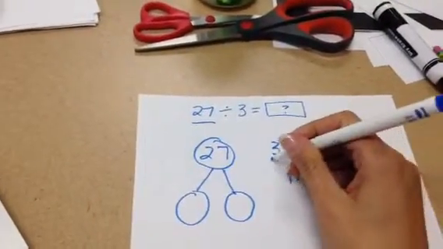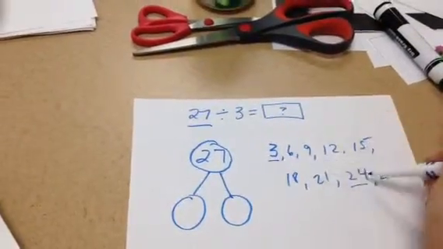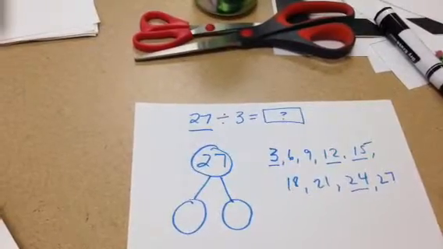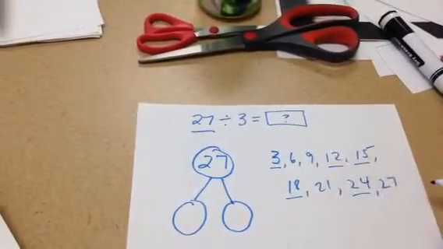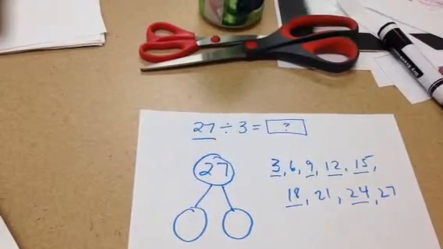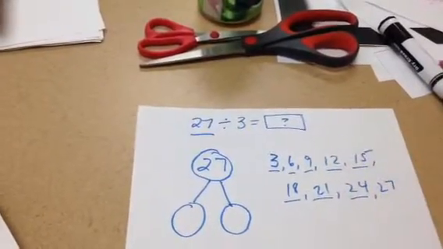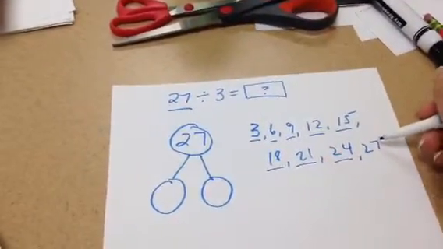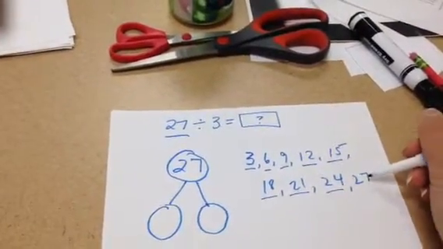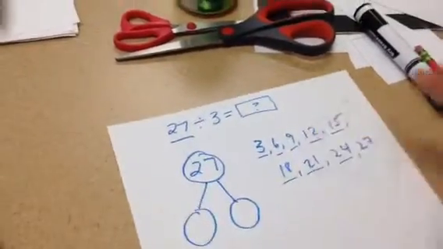You could do 3 and 24. You could do 15 and 12. You could do 18 and 9. Is that it? Let's look. Oh, you could do 6 and 21. So the only one you can't do is 27, because that's what you got there, right? So let's try